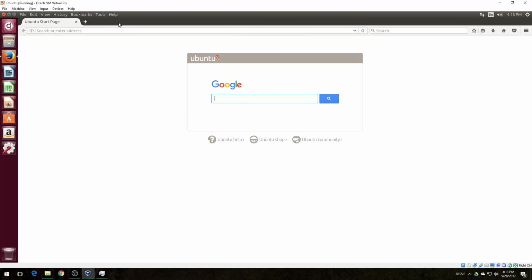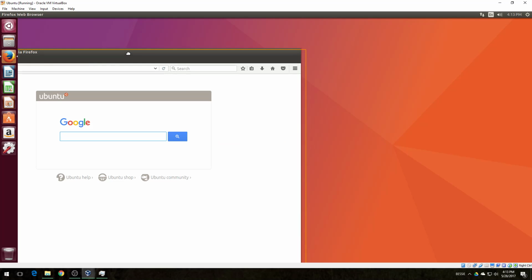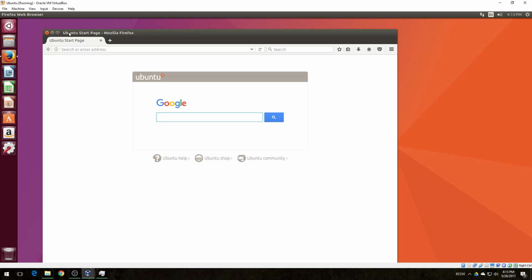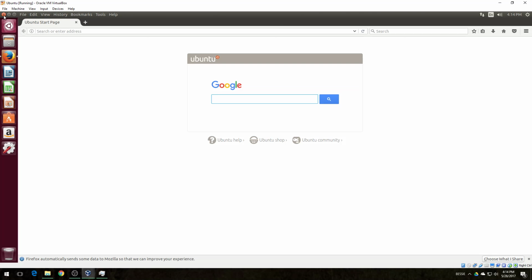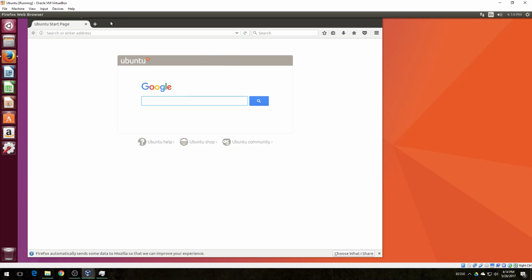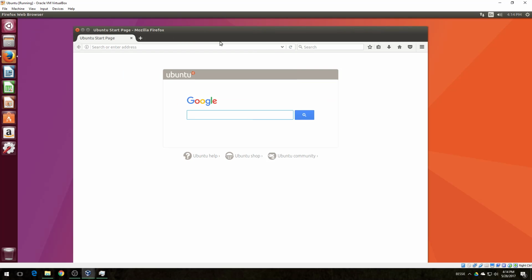Firefox, speaking of browsers, is the default web browser. One of the things you'll notice here is that this top bar is where you do this stuff, where you have your menus, and then at some point this integrates when you go full screen with it. These controls up here, I'm not a big fan of that. I don't think a lot of people are big fans of that. So I'm also not a big fan of Firefox.